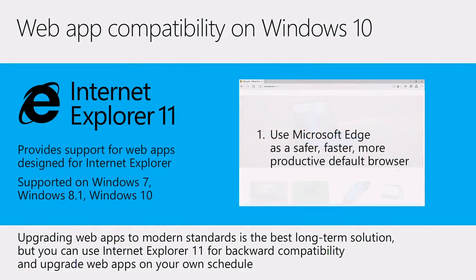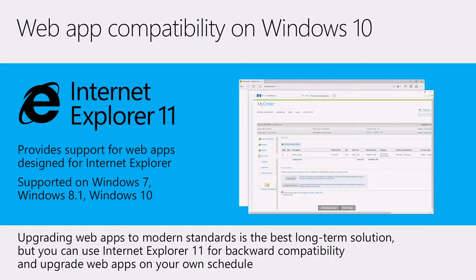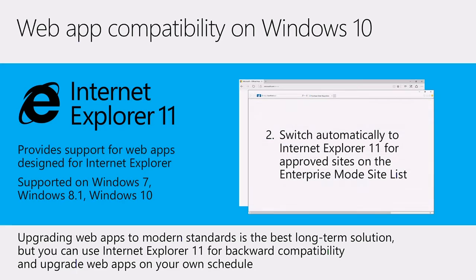What we suggest on Windows 10 is that you standardize on Microsoft Edge for a faster, safer browsing experience. And then you can fall back to Internet Explorer 11 just for the sites that need backward compatibility. A couple of the group policies that I'll be showing you, we introduced in the Windows 10 Anniversary Update this past summer. And in the Windows 10 Anniversary Update, we now have the ability to limit the use of Internet Explorer 11 just to the sites that are on your enterprise mode site list. So effectively, what we're giving you is least privileged browsing. We're saying you can standardize on Microsoft Edge and use that as your default browser and fall back to Internet Explorer 11 only for the sites that you've approved.